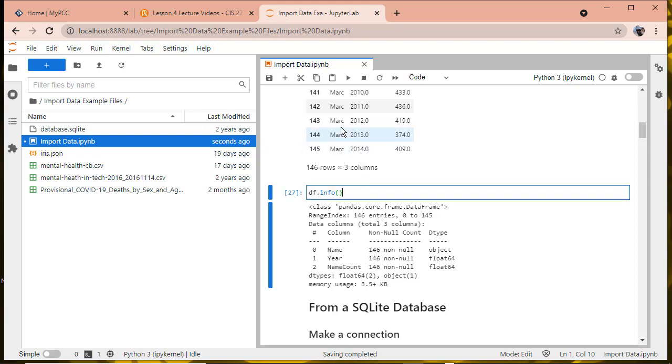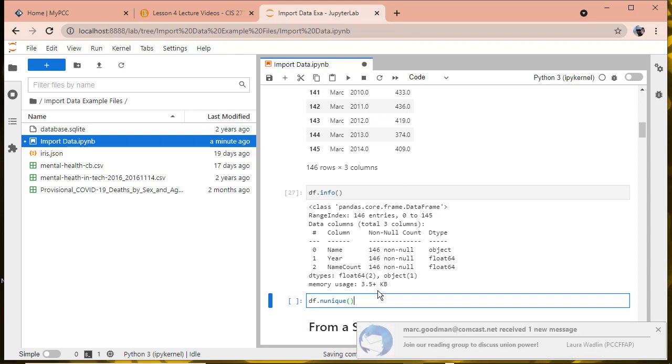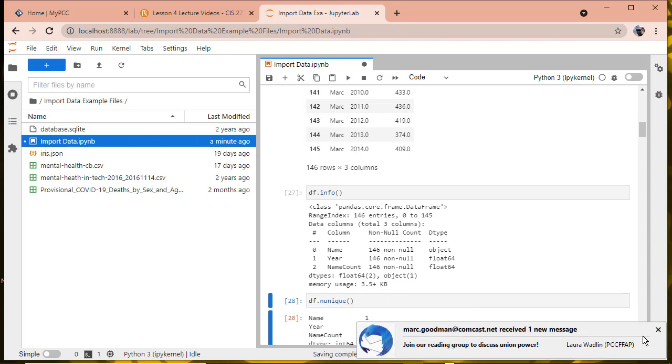Now, another thing that I can look at is the number of unique values in each of those columns. And for now, I'm going to go ahead and add another cell. And if I want to see df.nunique, and then execute that,